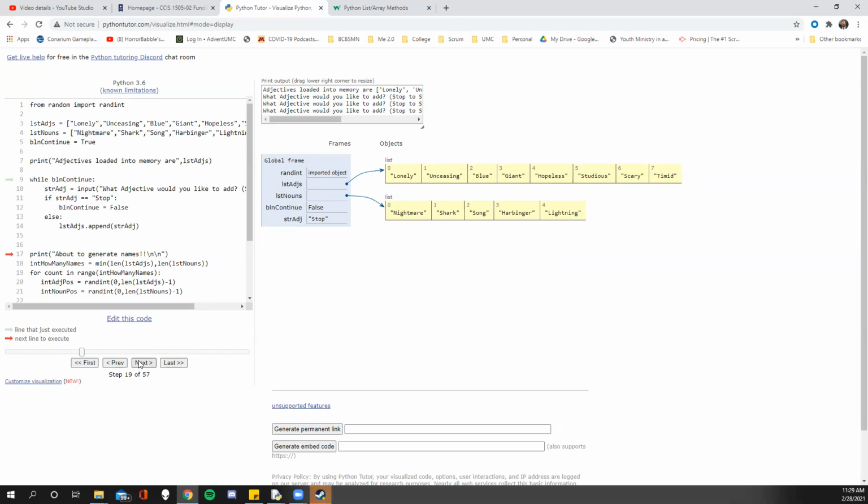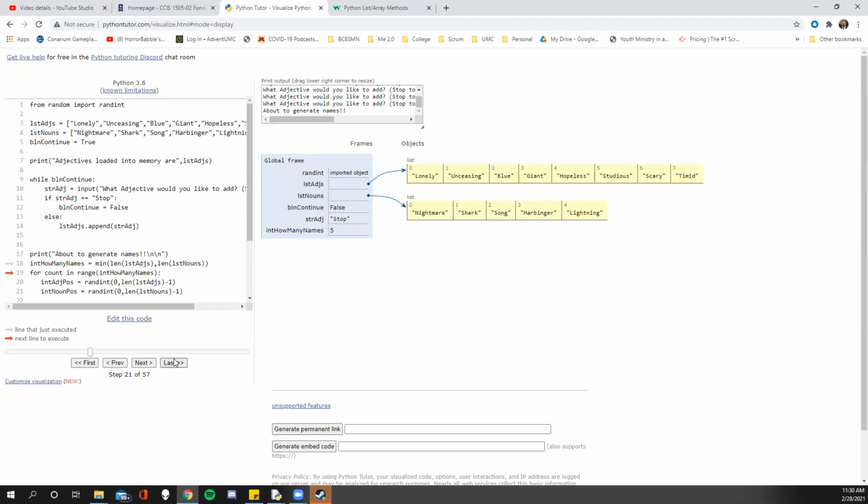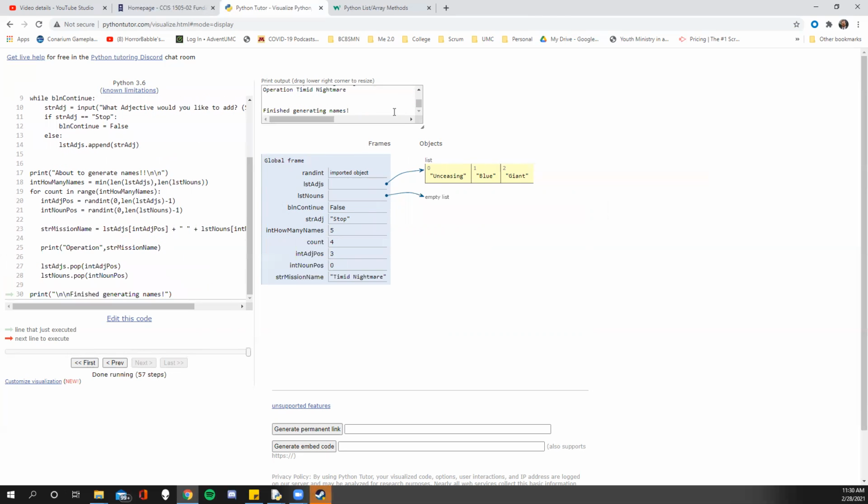I'm not going to go through the whole thing, but how many times? Well, it's going to pick the minimum number of elements in each list. So the list of the adjectives, there's 8 of those, right? So 7 plus 1, we start at 0. The length of the nouns is 4 plus 1, which is 5. So it really should pick how many times it should be 5. So we go next, and there is 5. And so now if we go flying to the end, we get,